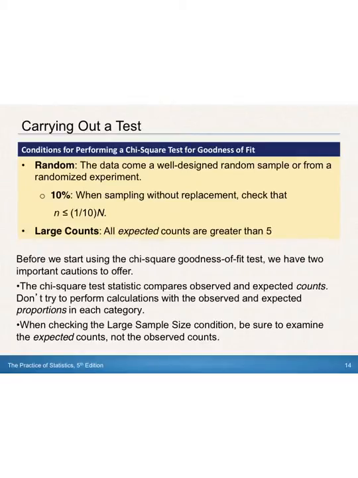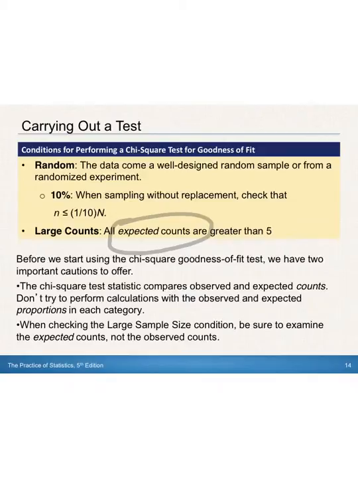Conditions are similar to the conditions we've been using for all of our significance tests and confidence intervals. If it's not random, throw it out. If you are sampling without replacement, go ahead and make sure that it's less than 10% of the total. In this case, large counts has to be looked at in terms of the expected counts. And you can't use the proportion that you are given, but you have to multiply that proportion by the sample